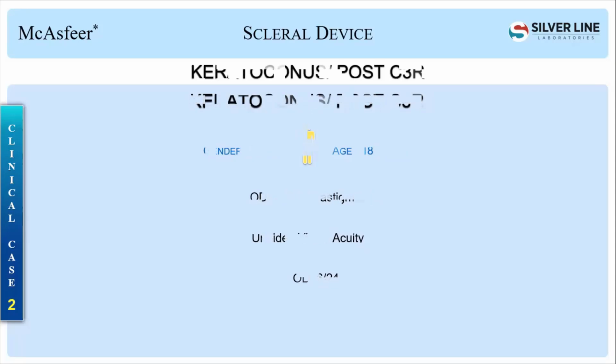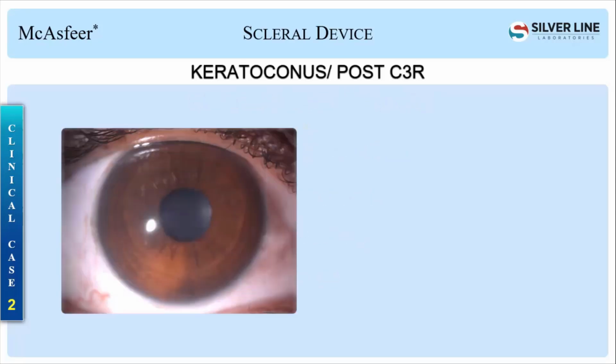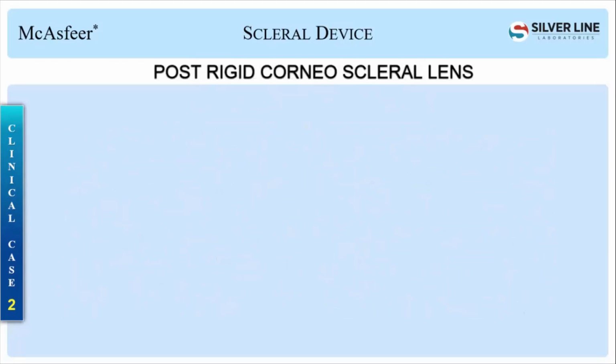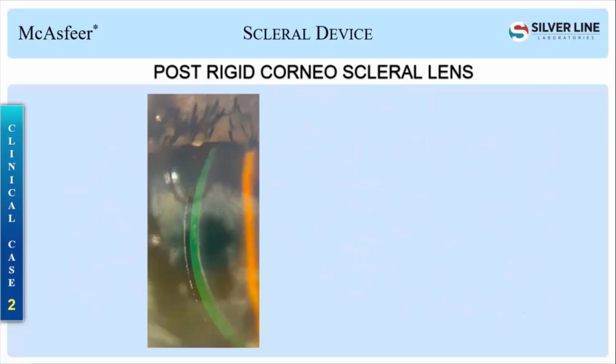So here we just did it for one eye, the right eye. This is the patient's eye and corneal slit lamp view. After this, we started with the rigid corneal lenses, which are very small in diameter. What happened was that the patient couldn't open his eye, so he was not ready to continue the trial. So we shifted him to the scleral lenses, which are 14.5 diameter, larger, so they won't touch the cornea. The patient will be very comfortable when wearing the lenses.